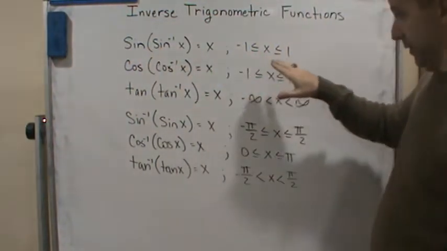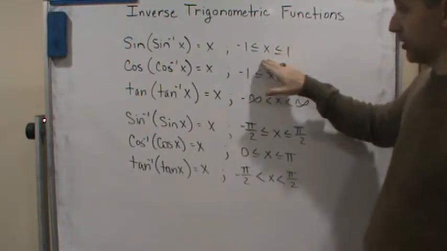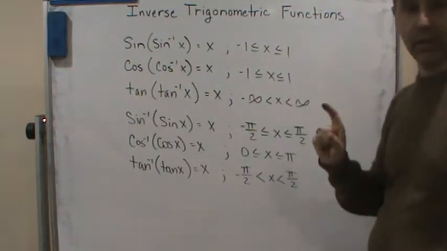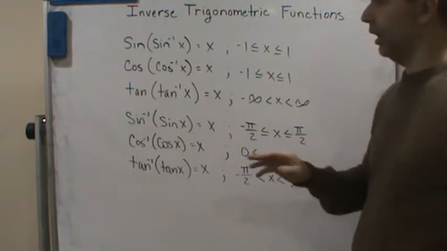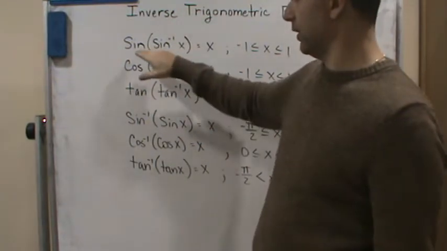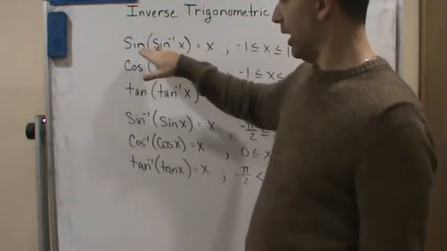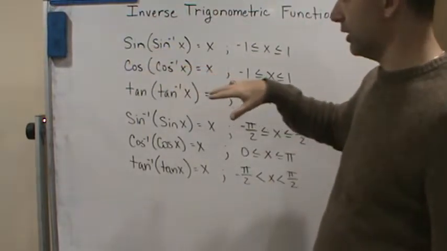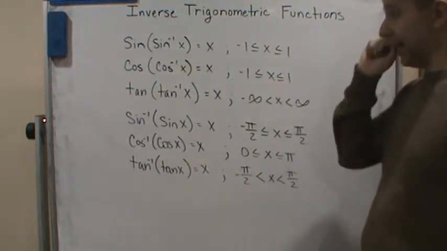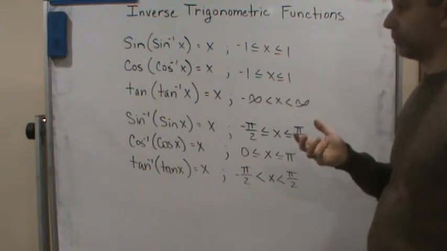Remember, for the composition of functions, the domain is comprised of the intersection of the domains of the individual functions. So in this case, the sine function has a domain of